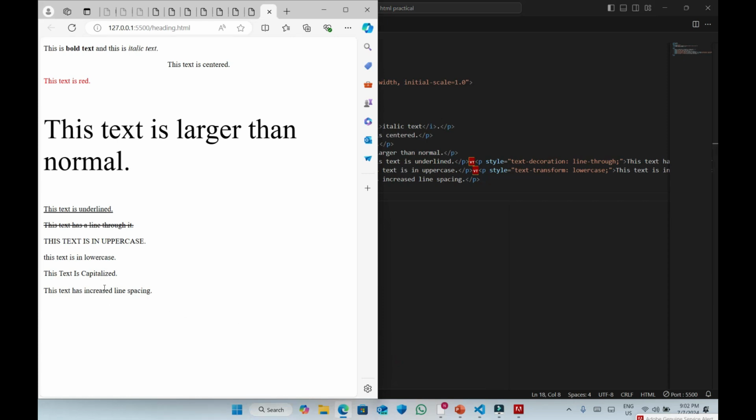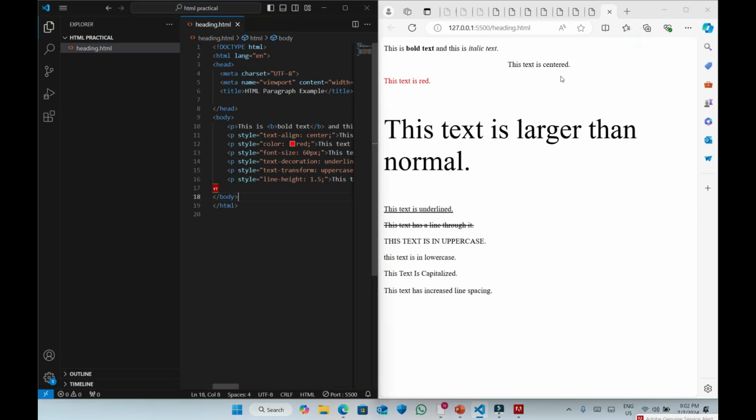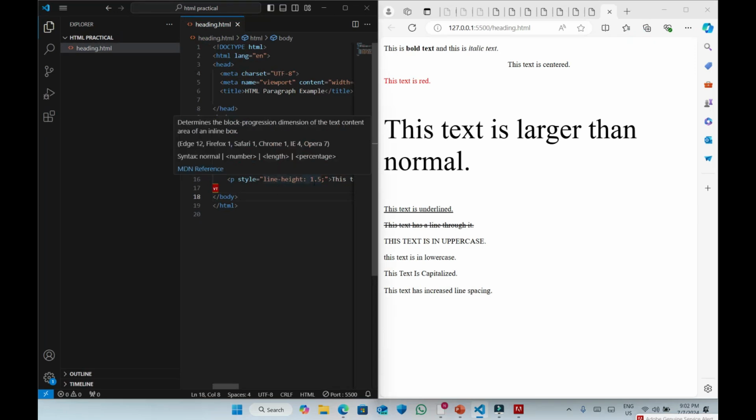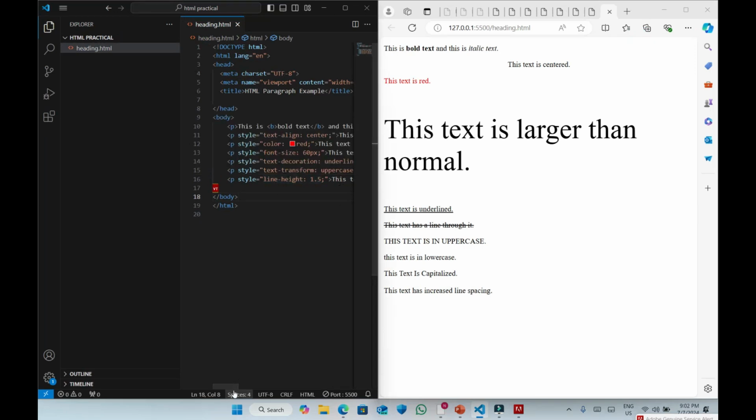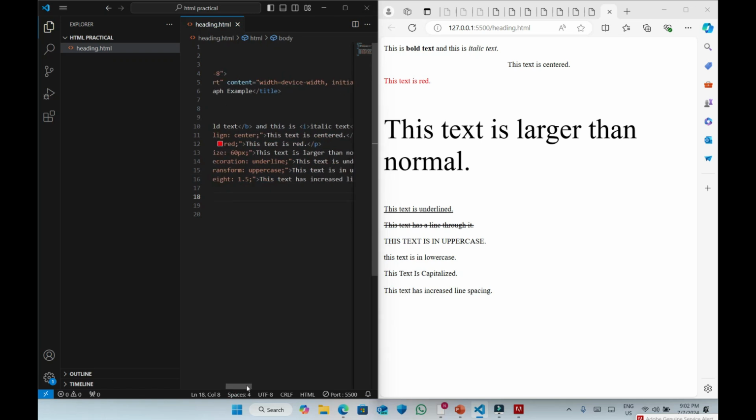The difference between the two lines has been increased with the line-height property. The line-height property increased the space between two lines. Line height, not line spacing.